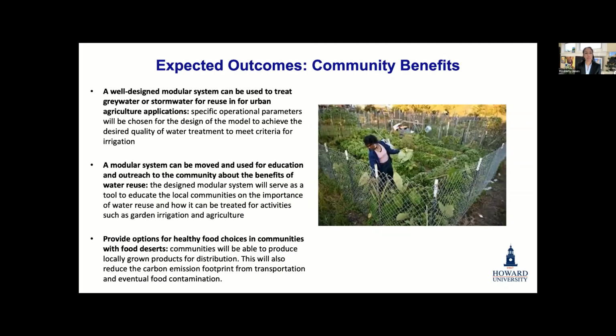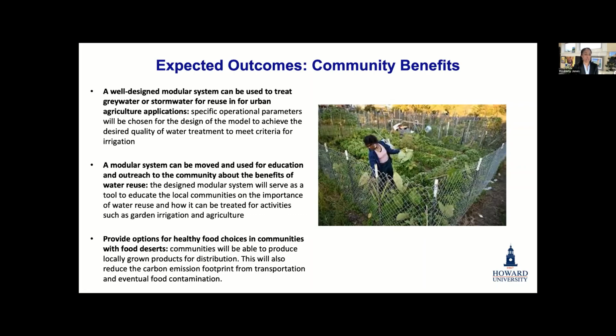But I think in these talks, we're asked to talk about community benefits, or benefits to certain communities. And I mentioned some of this before, but we're really hoping that we can come up with a system that is easily retrofit into one of the commercially available membrane bioreactors, where we can come up with either a dosing mechanism or some way to get these nanoparticles onto the surface of the membrane that's relatively inexpensive, so they can be shipped out and used in some of our urban gardens. So we're thinking about a modular system to be used to treat greywater or stormwater for urban